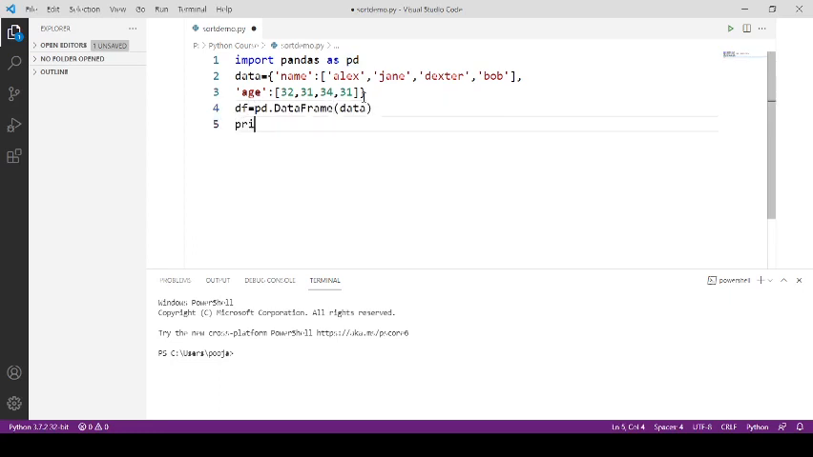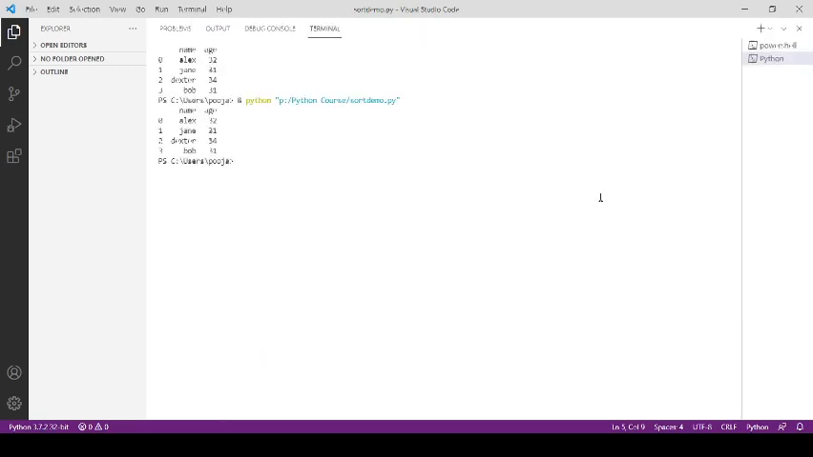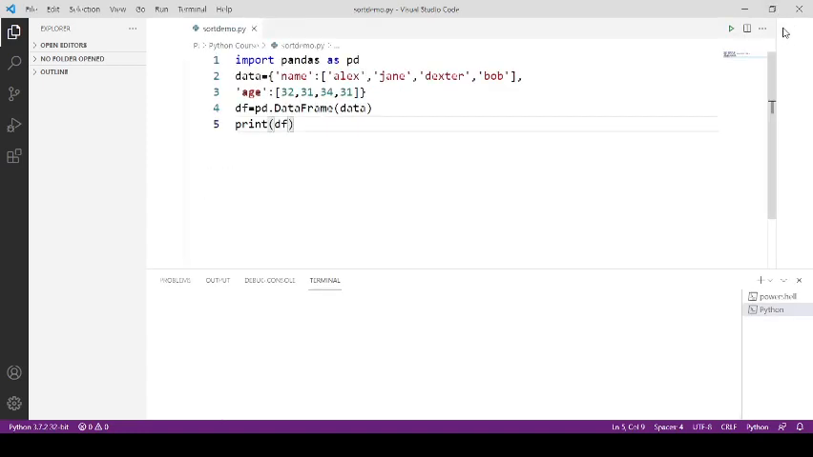Now let's see the content of this data frame first. Press Ctrl S and run this file, and after pressing run, you can see the content. So you have this data frame with 2 columns and 4 rows, right? Now let's